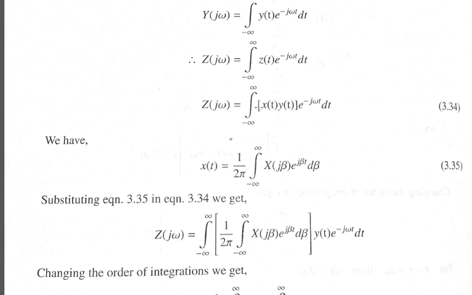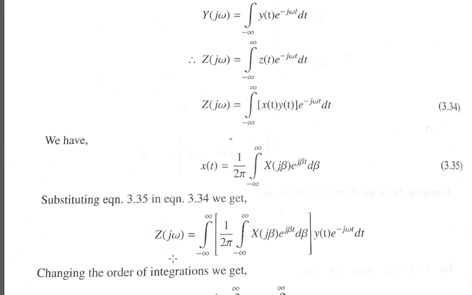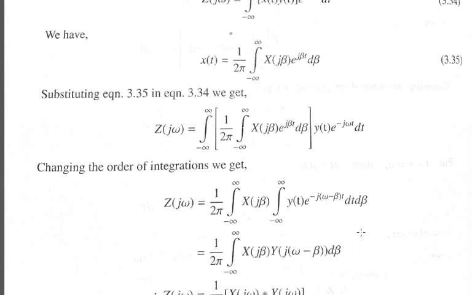So x(t) is expanded. We know x(t) is nothing but 1 by 2 pi integration from minus infinity to plus infinity X(j omega) e raised to j omega t. When we substitute that, this equation changes, with x(t) replaced by this expression, y(t) as it is, e raised to minus j omega t dt. So we have to go for rearranging. This 1 by 2 pi will be as it is, integration X(j beta),